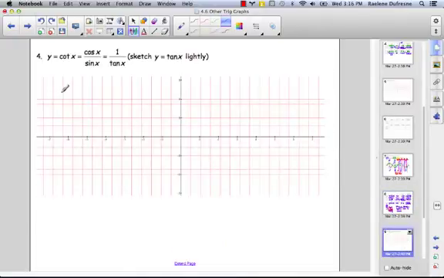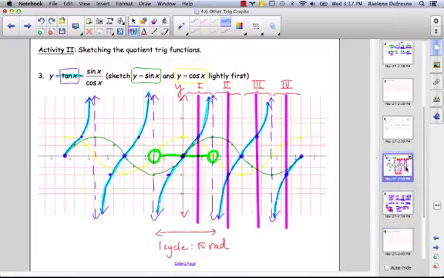I'll let you continue with exercise number 4 on your own by looking at the cotangent x graph either as a quotient of cosine divided by sine, cosine x divided by sine x, or as the reciprocal of the tan x graph. Just to go back and take a look at the tangent x graph